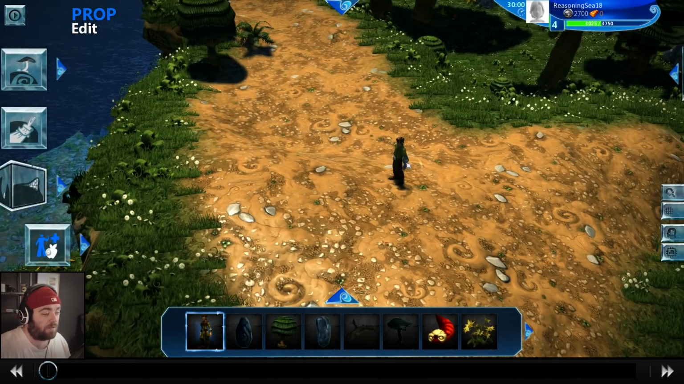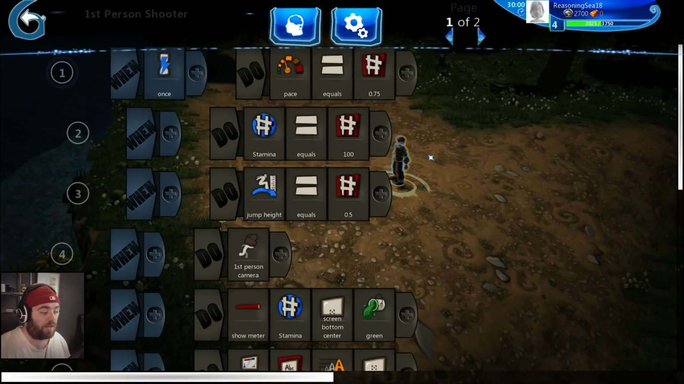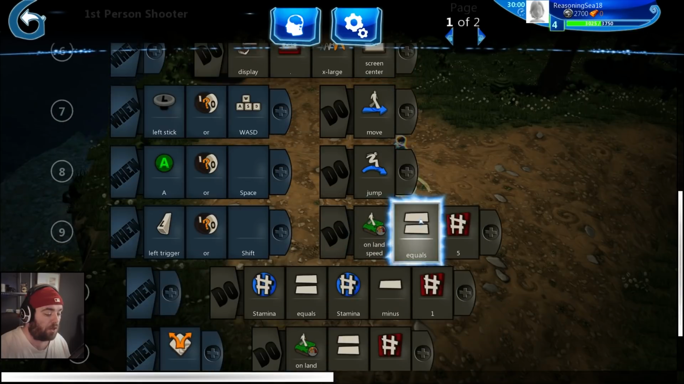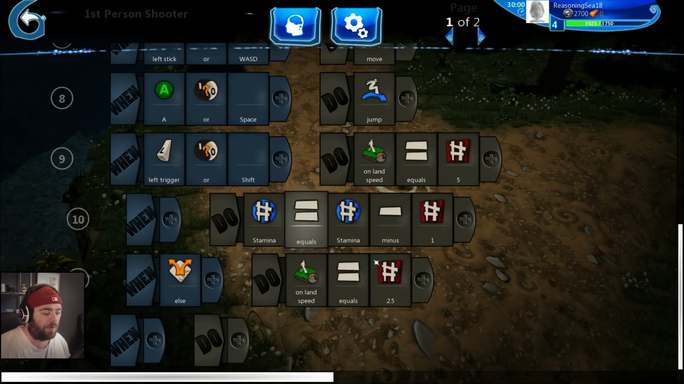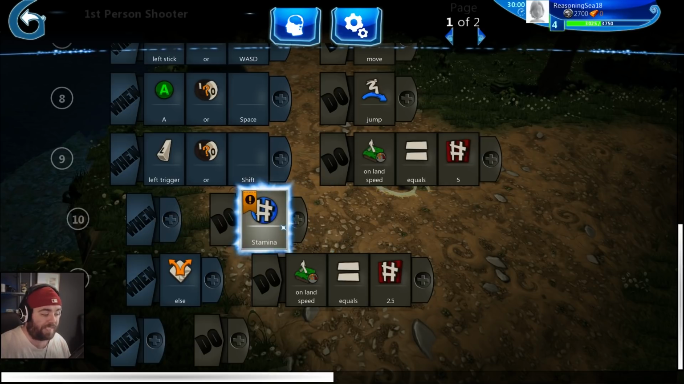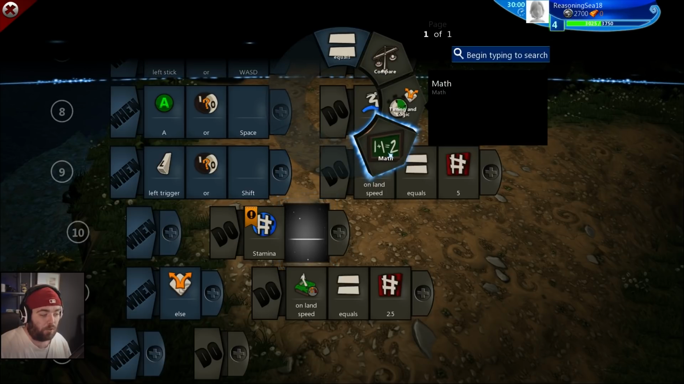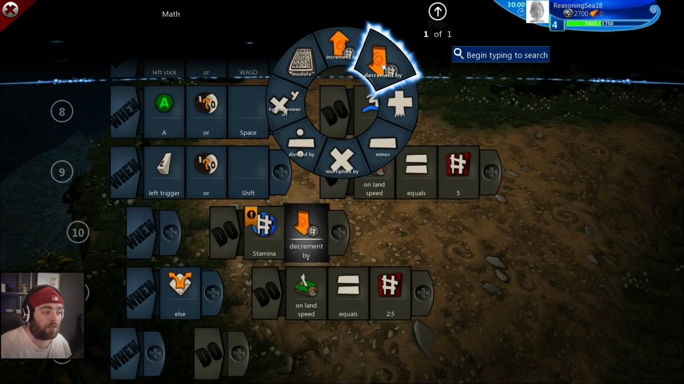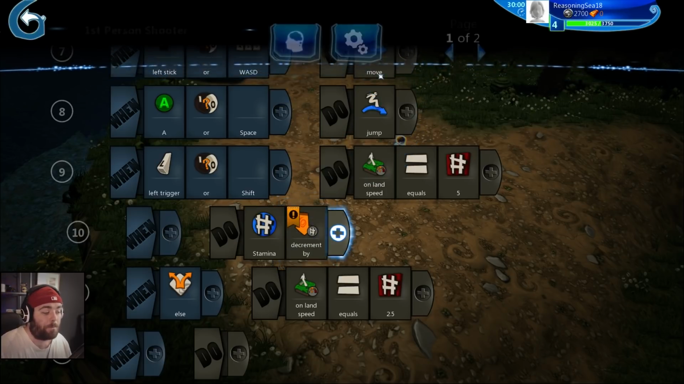But before we actually work on making sure that the stamina is relevant, what we're going to do is show you the real, the clean way of doing this. So as you can see, we've got stamina equals stamina minus 1. That works, and what we're about to do now is the exact same except a lot cleaner. So we're going to delete the equals, stamina, minus, and the 1, so we've just got stamina. Then if we click the plus, we can go to maths, and we can do decrement by